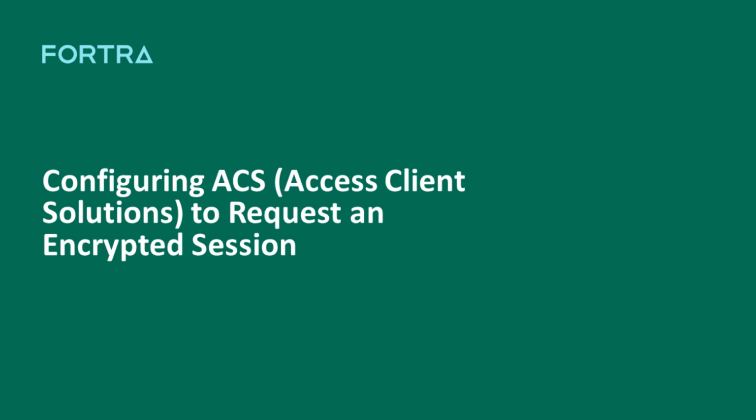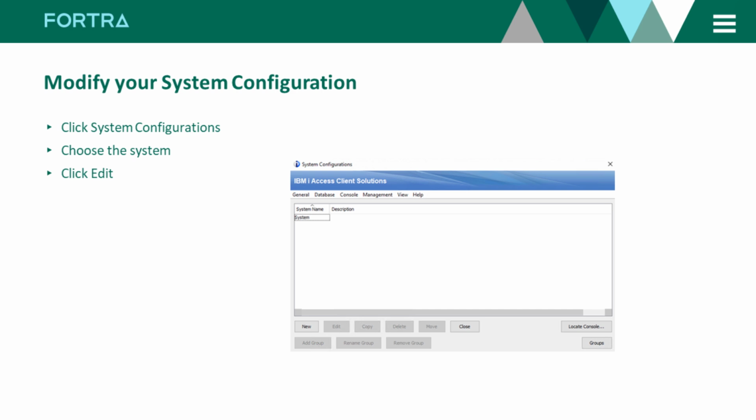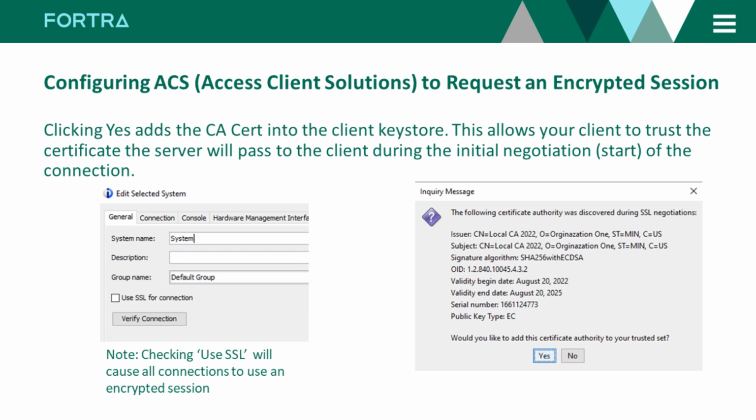So when we talk about Telnet, we're talking today about ACS, Access Client Solutions, and requesting that encrypted session. This is where our client is going to request that session from the server. From the system configurations, we're going to choose the system that we want to configure. We're going to select Use SSL for that